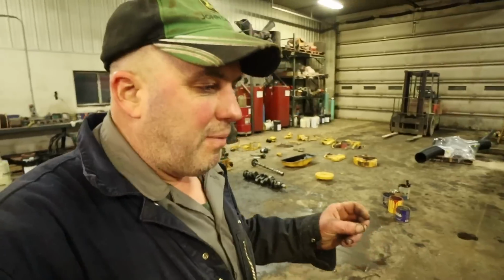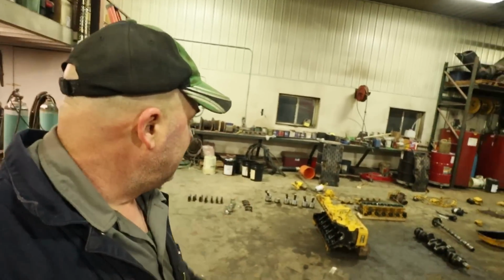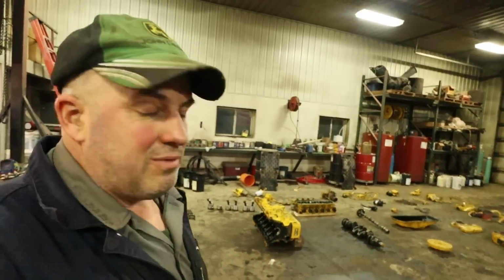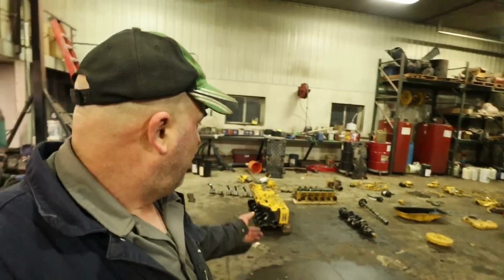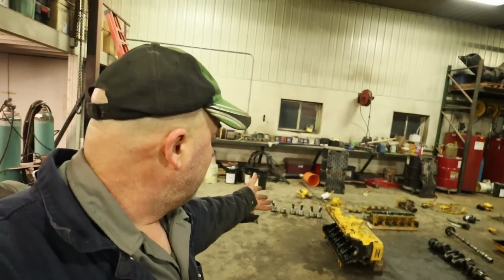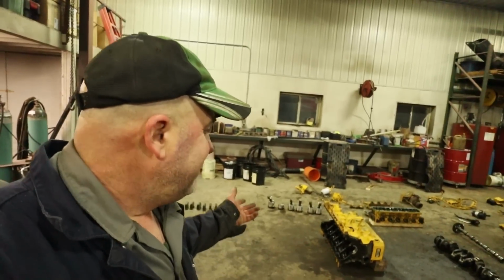Now, I have had a couple people ask if I would put the pistons on eBay for you guys to bid on. Now, I haven't made up my mind if I'm going to do that yet or not. If anybody thinks that's a good idea, drop me a comment down below, and we'll kind of weigh our options that way and see if there is any interest in putting them on eBay. I would, of course, take the connecting rod out of the pistons, unless you want me to leave the connecting rod with it. You know, we could put all 6 on there, even the one that was the culprit there, but, you know,